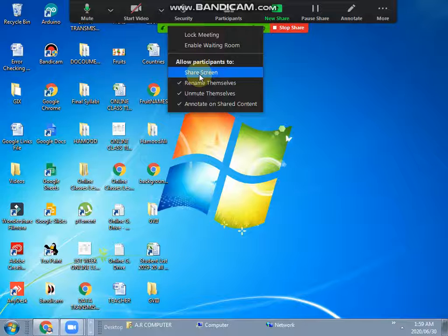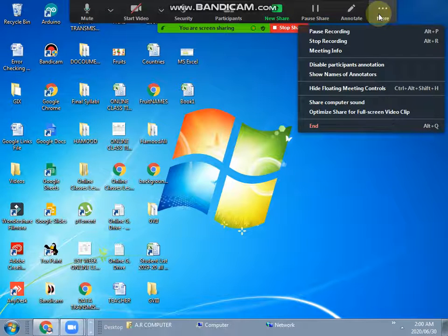And similarly, for these options, share screen, rename themselves, unmute themselves, whatever option you deselect, then it is not available to the participants or your students. Similarly, going to the more option, you have the option to disable participants' annotation, so that they cannot do any drawing on your screen, because some students who make disturbance in the class do this for disturbing the class.